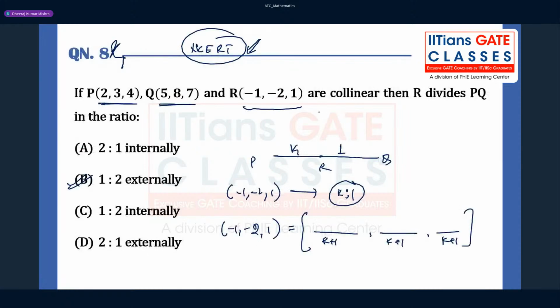So you only have to find one of these points, and then you can just equate it with this -1. You will get 1:1, 1:2. Okay. So yes. So what we can do here is,